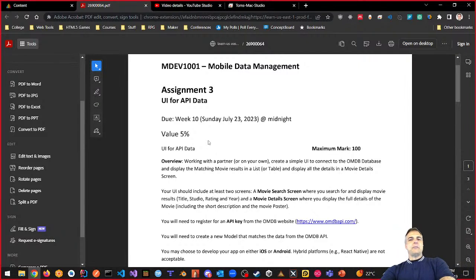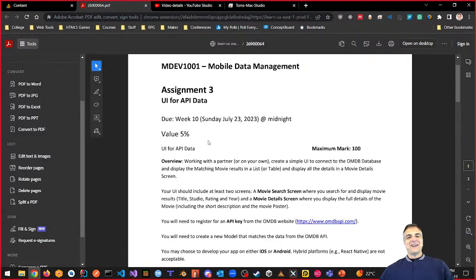I'm giving you that time because it's stuff that we've covered, and it takes it a little further. Assignment 1 and assignment 2 were pretty much exactly what we did in class. Assignment 3 is slightly different, only because we haven't done the OMDB API. We haven't looked into it, which means you have to actually look at it and figure out the schema a little bit. But for the most part, it's almost identical.